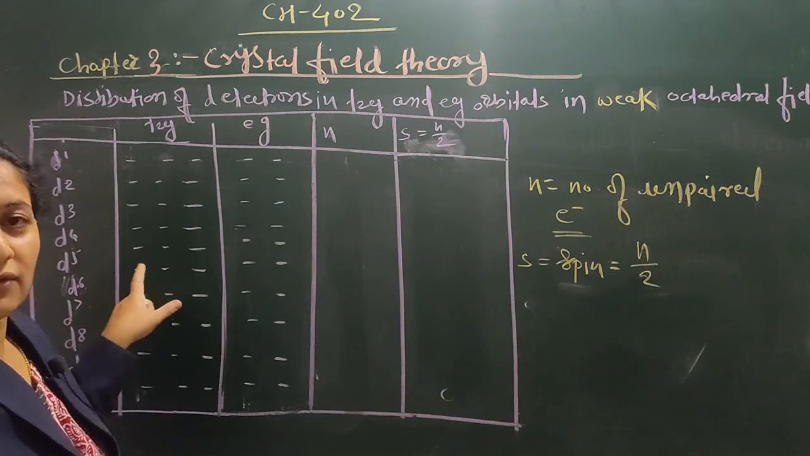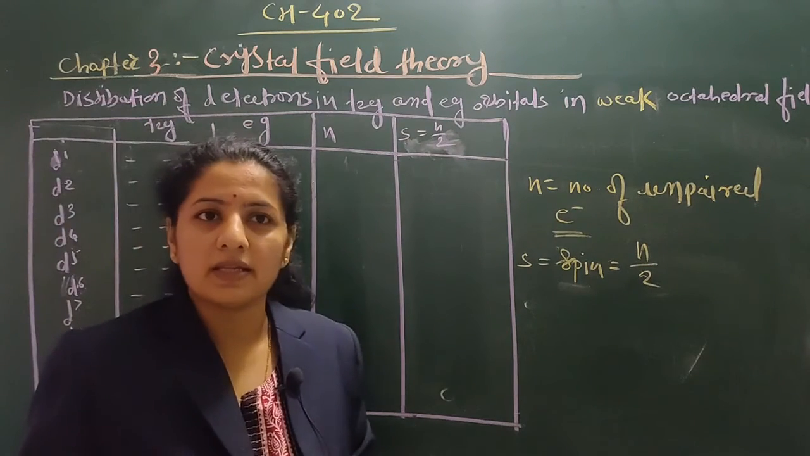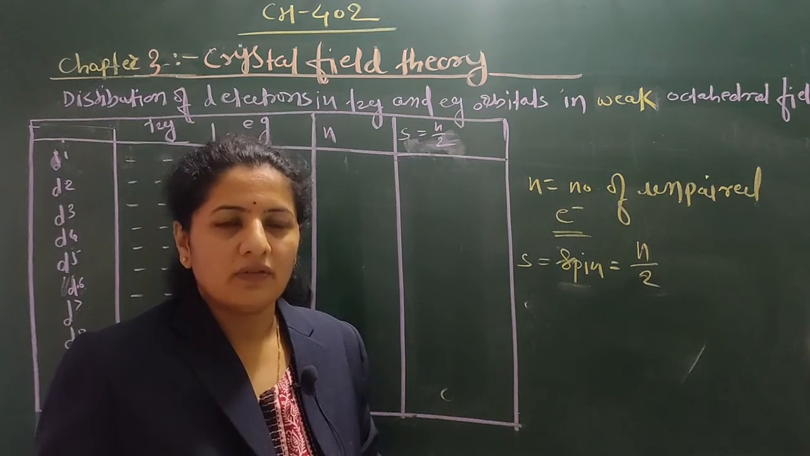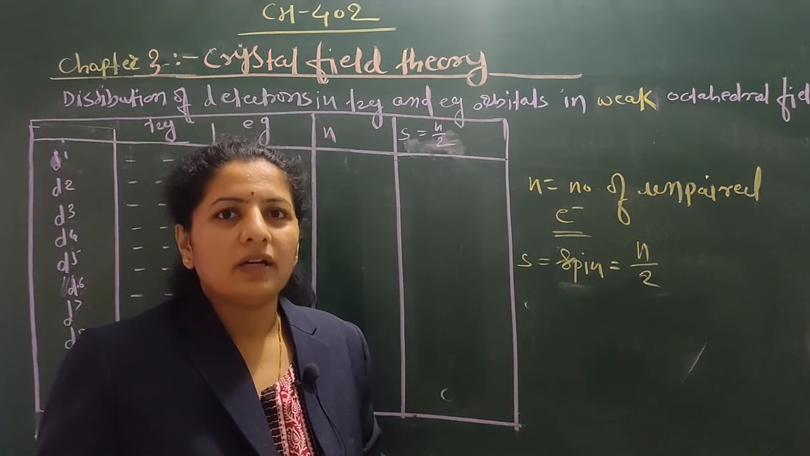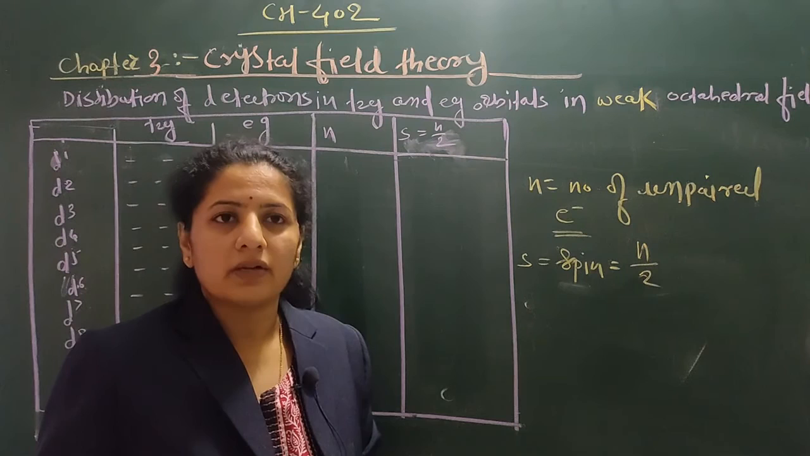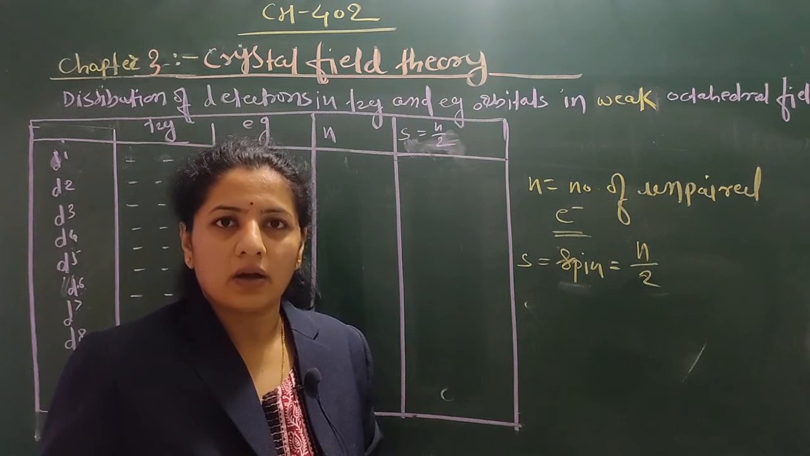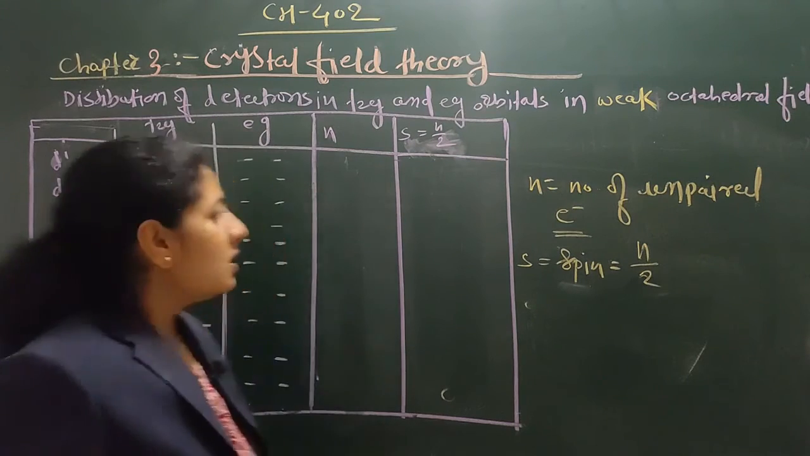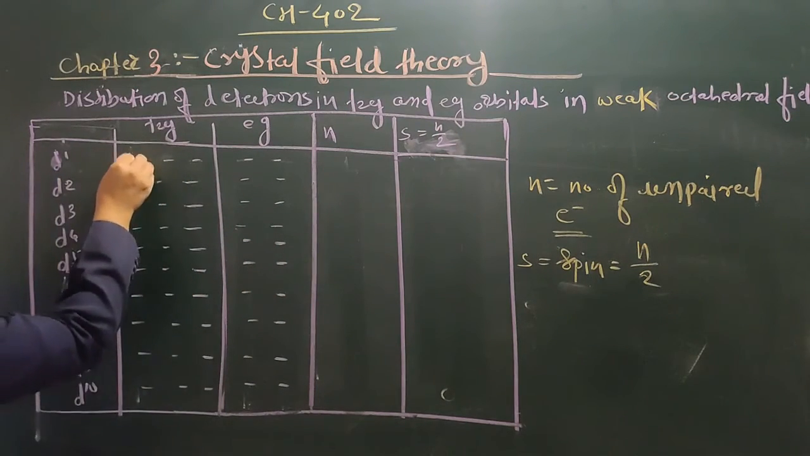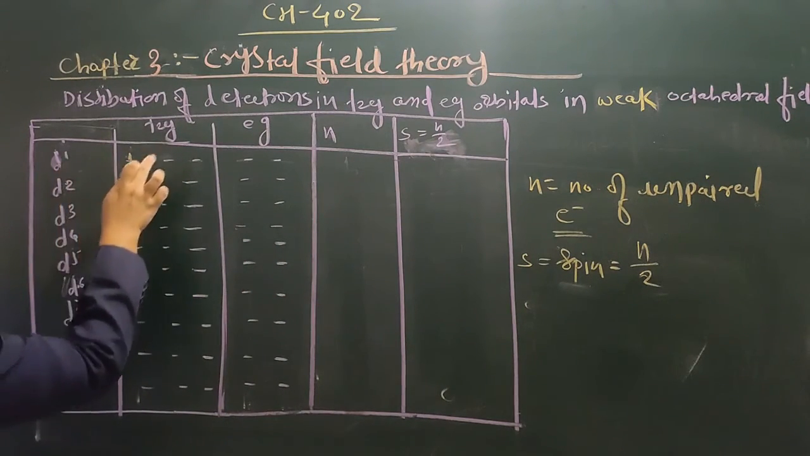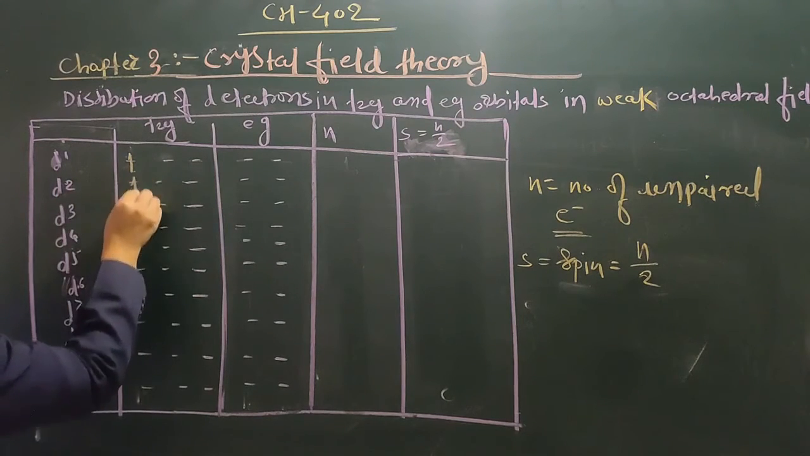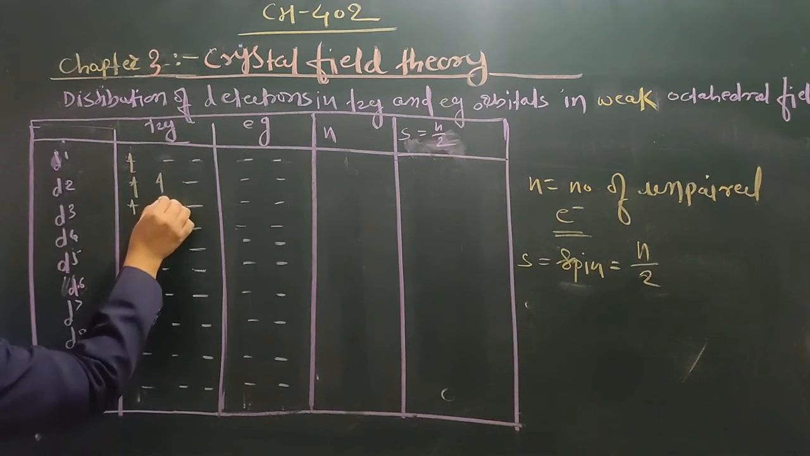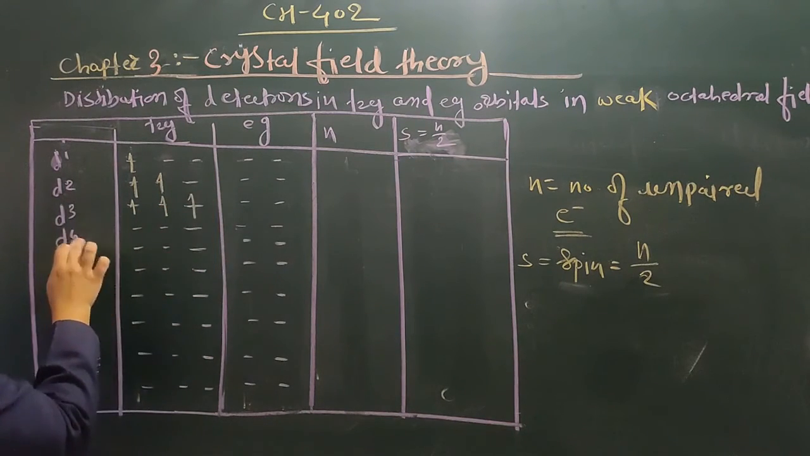In a weak field, pairing is not possible. The electrons go directly into eg. It will not be paired after filling one orbital. After filling one electron each in the T2g orbitals, it will not be paired, it goes directly into eg. So let's discuss. For D1 that is T2g1, then D2 again T2g2. For D3 there will be 3 electrons, and for D4